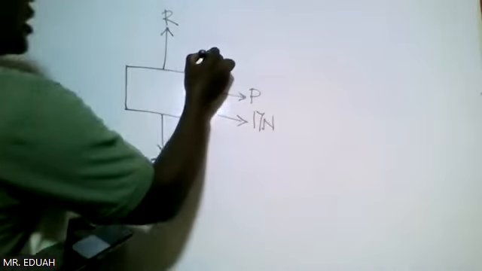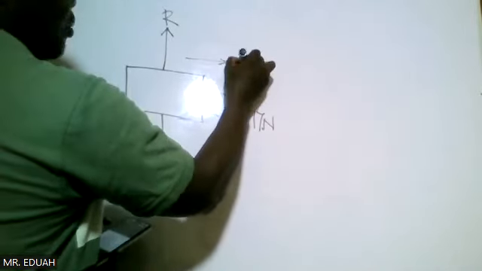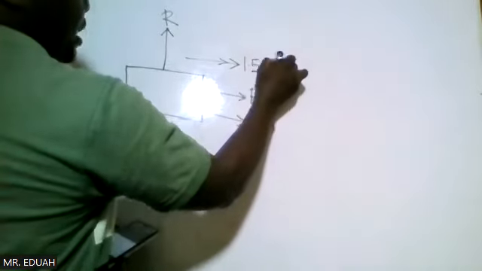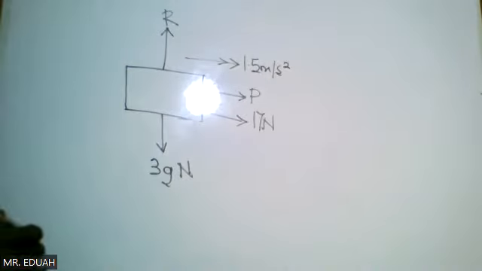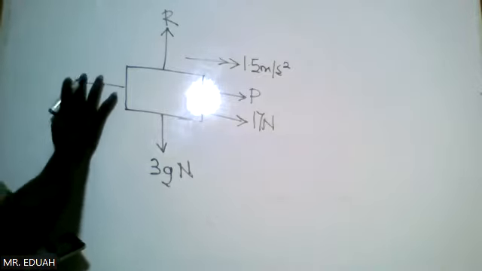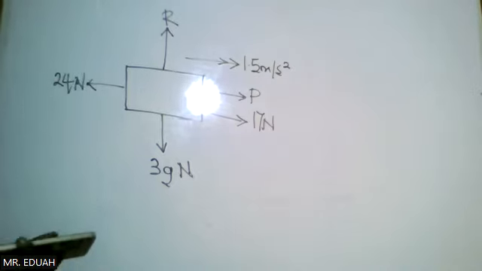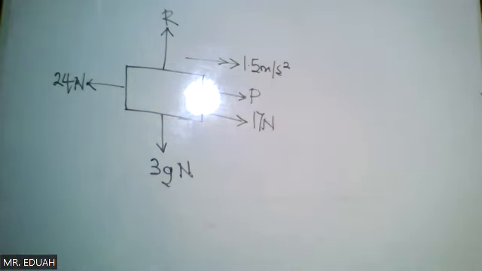We are given the direction of the acceleration. That is 1.5 meter per second squared. Then we have this force of 24 Newton. So forces act on the body as shown, giving rise to the acceleration as shown. Find the vertical force R and the